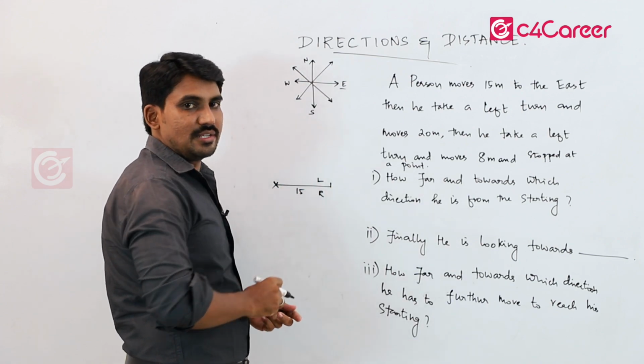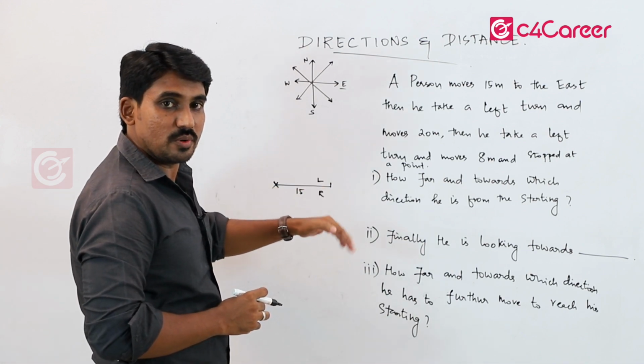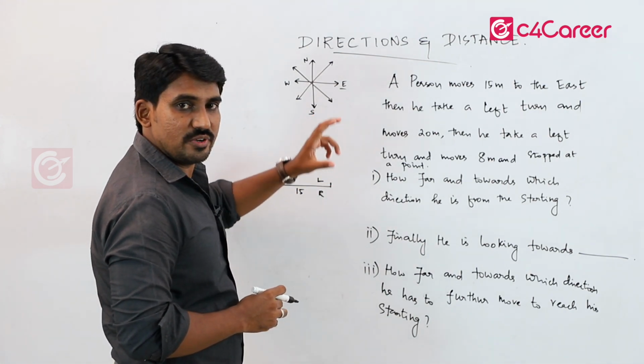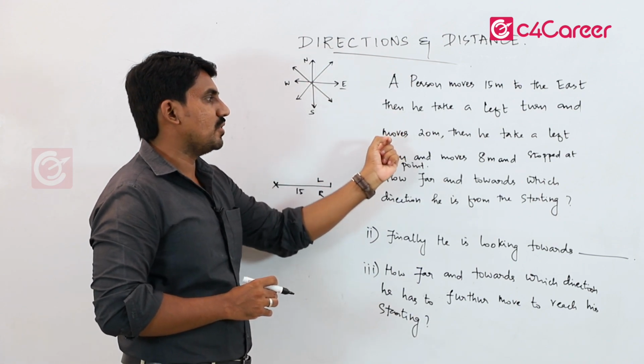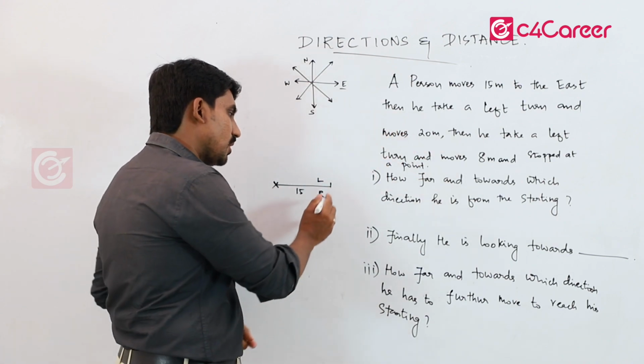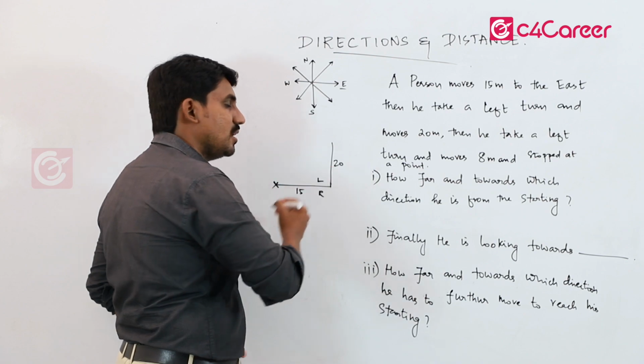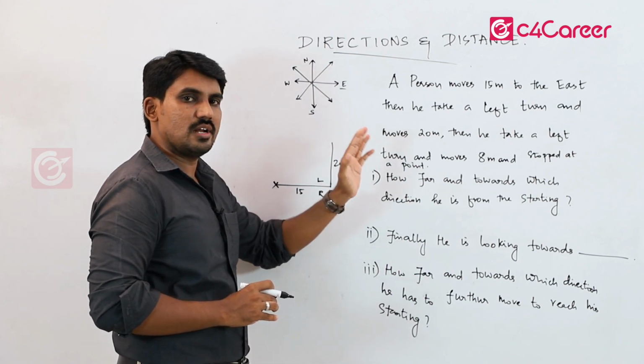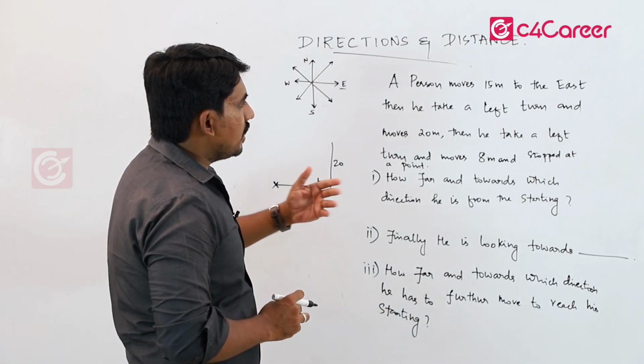So decide the direction first. Towards upward or towards downward, decide the direction first. Then fix the distance. Then he takes a left turn and moves how many meter? 20 meter. So towards this direction we need 20 meter. Just draw a line and mark 20 meter, right? Then he takes a left